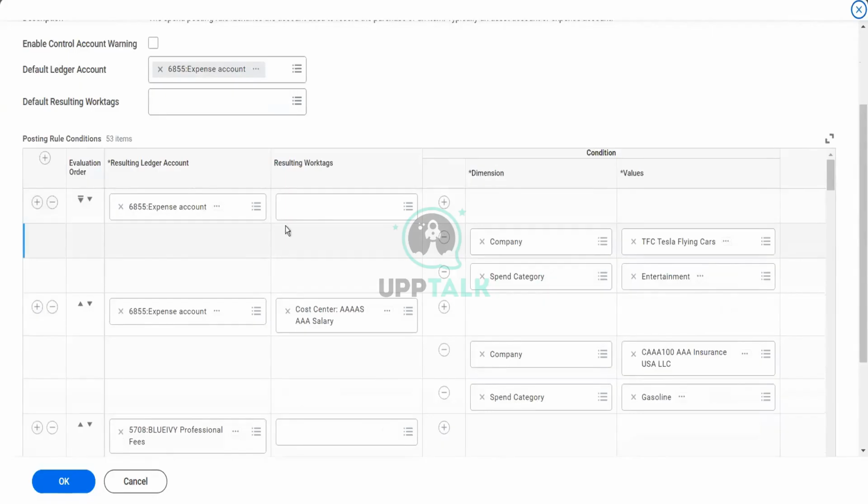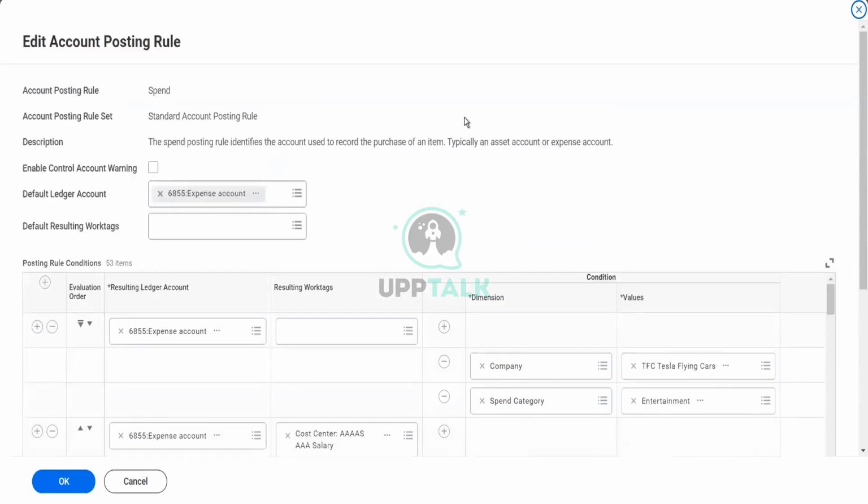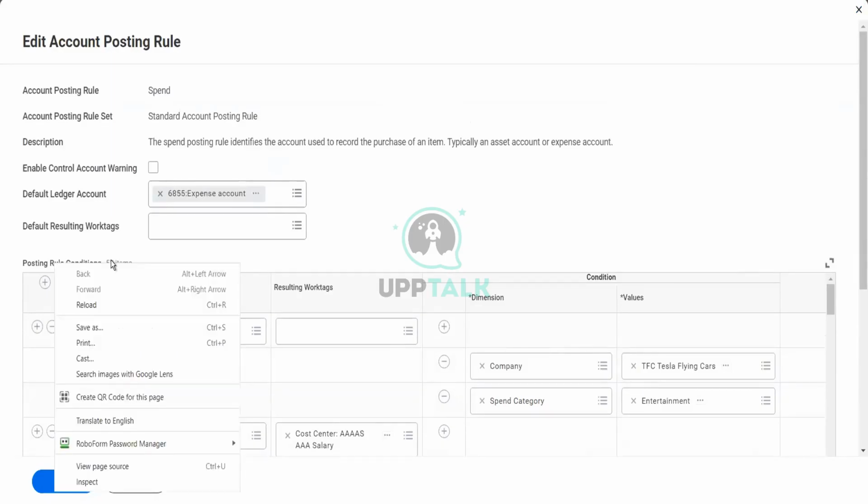Now what happens? Suppose there are like 53 lines here, 53 different conditions. The system went one by one. It says the company combination, the spend category combination will be a different combination, but it could not meet the criteria, or it could not find something to post to. Then what will the system do? It will come to the header. It has checked all the 53 conditions here, but it did not find anything which is met. Then what will the system do? The system will come here,